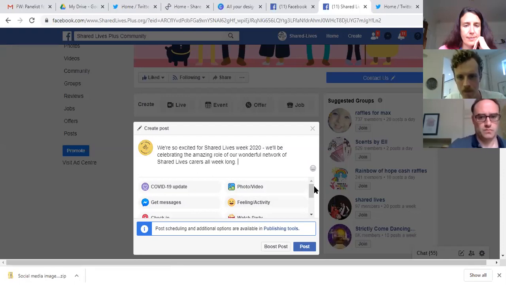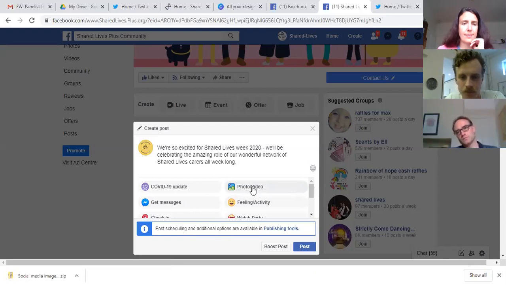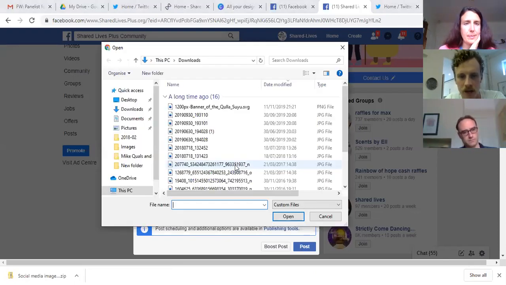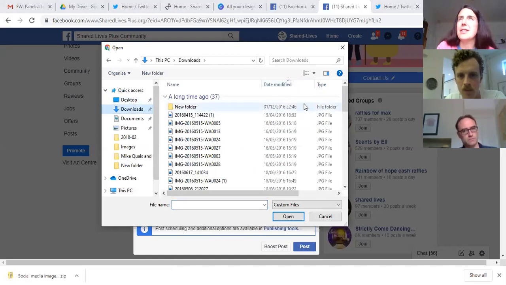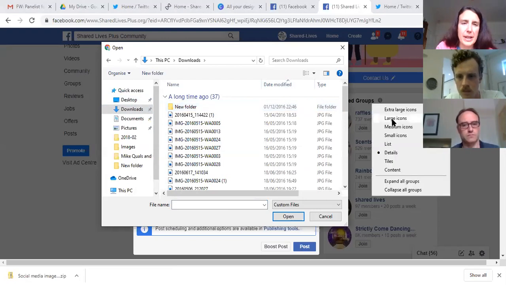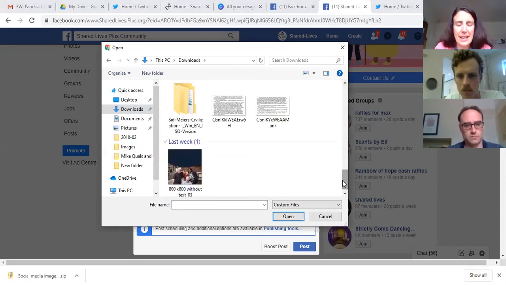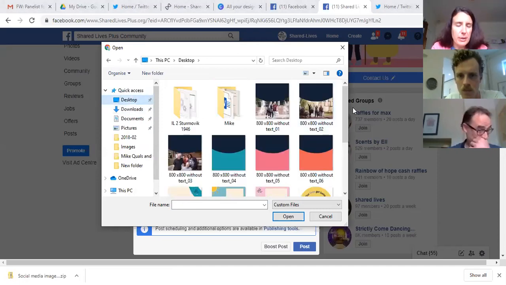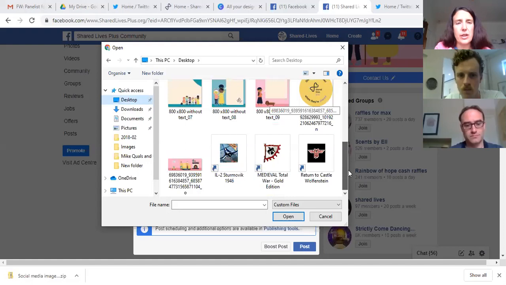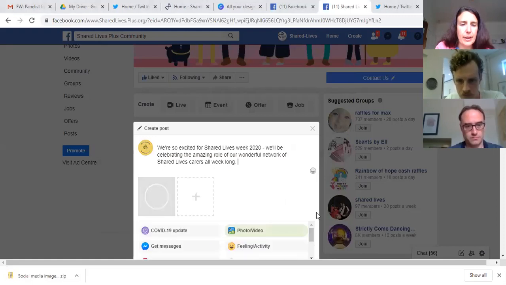Right, and to add an image, which we'd always recommend, you simply click photo video here. There's some amazing statistic about how posts with an image get viewed more than twice as much as a post without an image. That goes for both Facebook and Twitter. Sometimes I think it's quite nice to have posts that don't have images, because it's like just chatting along. But if you want something to get seen and commented on, or you're trying to start a conversation or really stick in people's minds, then an image is really important.